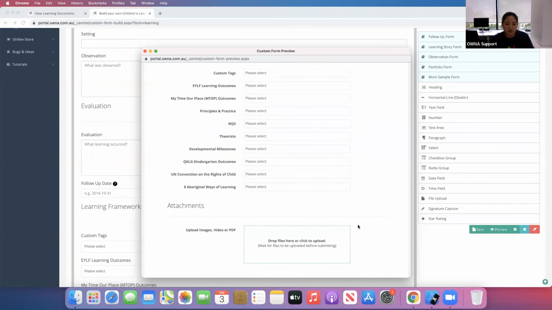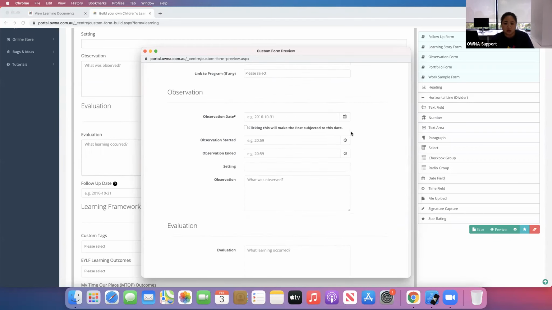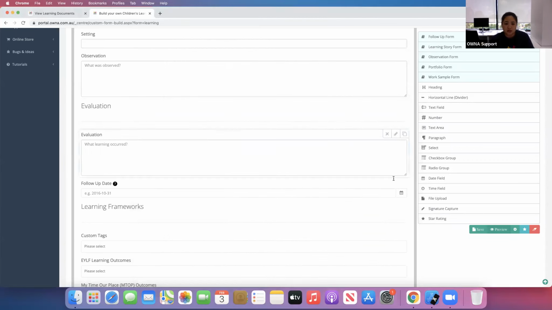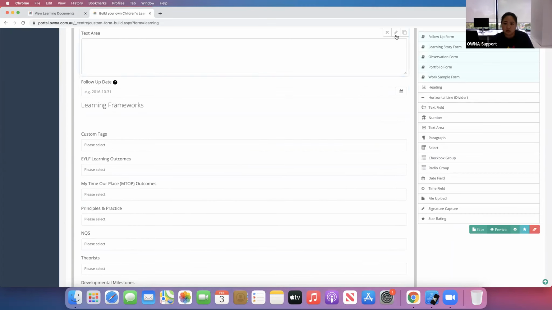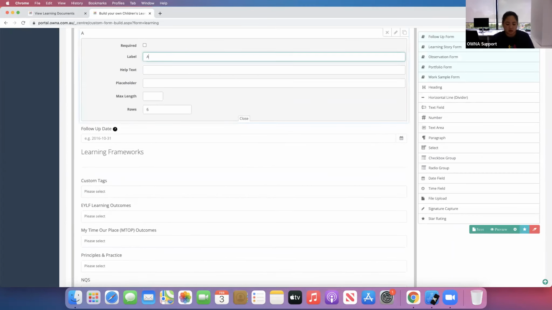So if you want to keep it just simple, you can do that as well. Unless you want to add some other things. So if we add a text area and go additional observation section,